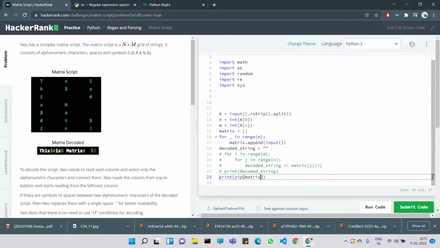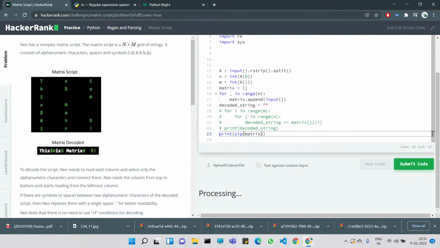What the zip function actually does is that it combines all the elements in the same indices together. If there are two lists inside a zip function, each of the indices in the same position, like the 0th index of the two lists will be added together, first indices of the two lists will be added together, and each of them will be converted to a tuple, like that. So here when we run the code,